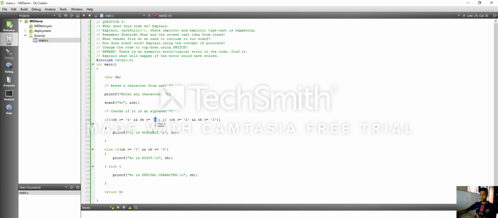So z's value is 123. Here I am saying that the character value is greater than or equal to a, or less than or equal to z's ASCII number value. So here it is actually taking the value, that is why it is implicit typecasting,